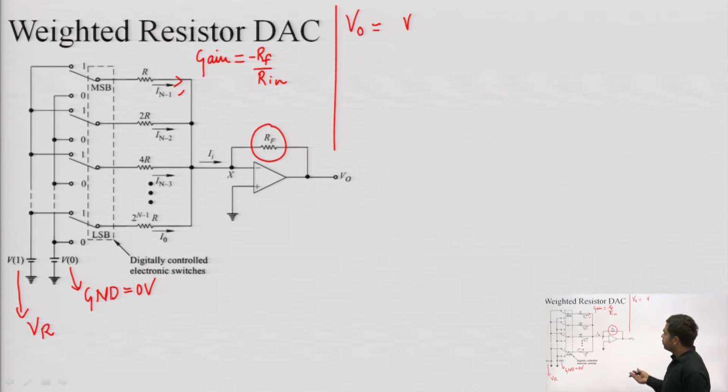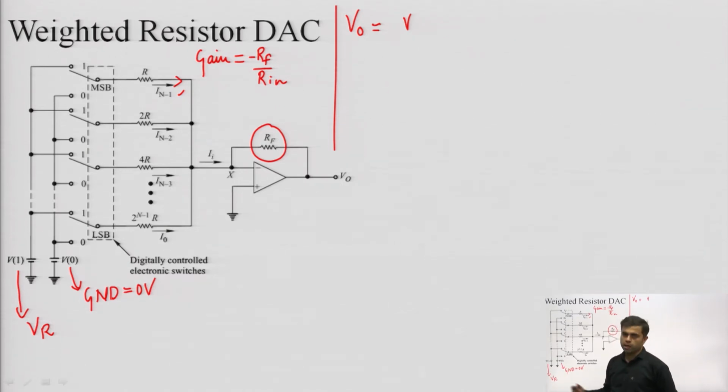So, from that point of view, all the input voltages will either be 0 or VR. Okay. So, from that point of view, I will be writing here, instead of V naught, V1, V2, instead of those terms, I will be writing here VR. Okay. Reference voltage VR.